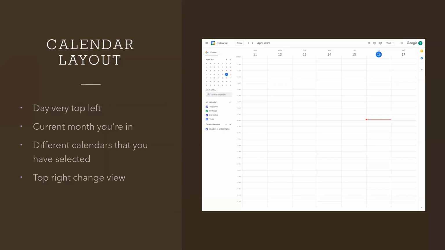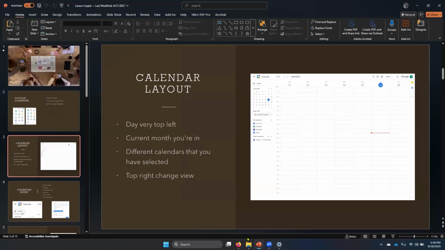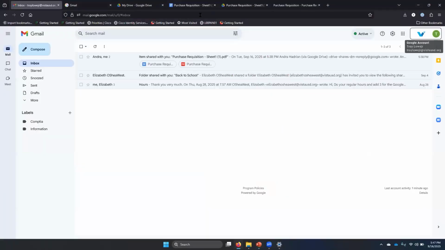So your calendar layout, you have your day at the very top left. So that's going to be up here. The current month that you're in. So this was April of 21. Different calendars that you have selected. So you might have different calendars that get created. And then on the top right, you're able to change your view. So if I log into my Google Calendar,